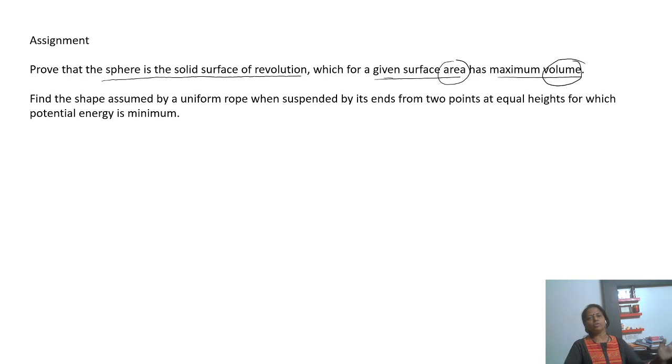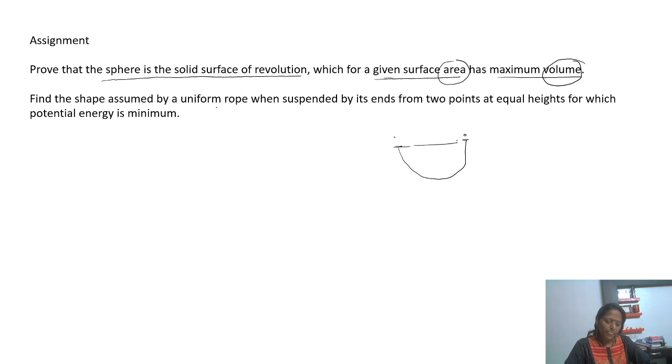तो आई भी मिल गया, जे भी मिल गया। आपको आई और जे से एफ प्लस लेमडा जी निकालना है और फिर उसी तरह से लैग्रेंजेस मल्टीप्लायर मेथड से सॉल्व कर देना है। मतलब लैग्रेंज इक्वेशन लग जाएगी, आयलर लैग्रेंज इक्वेशन। दूसरे में है फाइंड द शेप एज्यूम्ड बाय ए यूनिफॉर्म रोप व्हेन सस्पेंडेड बाय इट्स एंड्स फ्रॉम 2 पॉइंट्स एट इक्वल हाइट्स। 2 पॉइंट है इसके, 2 पॉइंट इक्वल हाइट पर है और इस तरह से ये सस्पेंड हो गई है। जो आइसोपेरिमेट्रिक होती है ना, वहां पर तो क्लोज्ड कर्व होता है, यहाँ पे आपका कुछ भी हो सकता है, कैसा भी कर्व हो सकता है, लेकिन इसमें हम लैग्रेंजेस मल्टीप्लायर मेथड लगा रहे हैं।